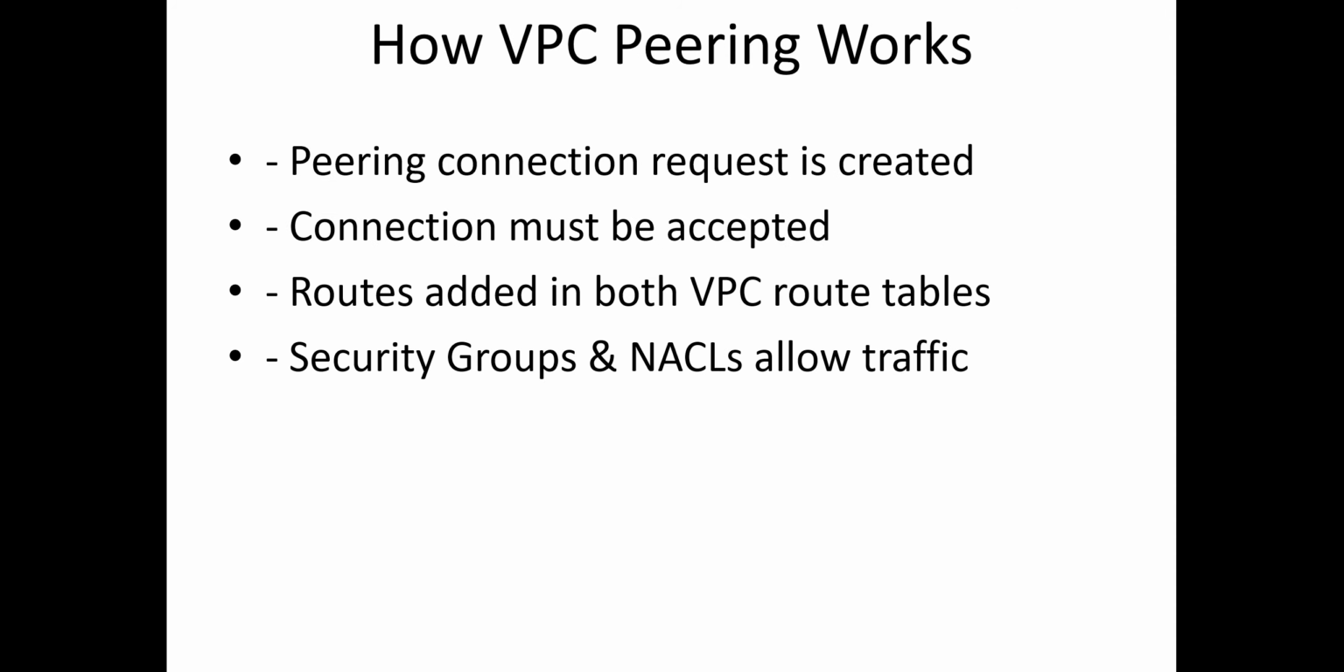Again, how VPC peering works. From one side you go in the VPC and initiate a peering communication. A connection request is created. That request must be accepted on the other side. The route table needs to be updated with the VPC peering routes, and security groups and NACLs must allow traffic. So traffic needs to be allowed from